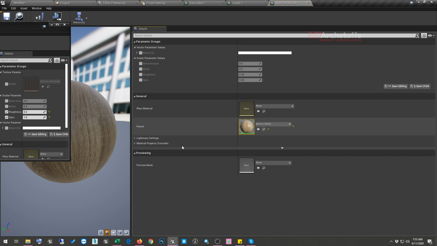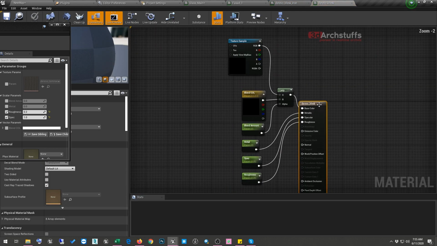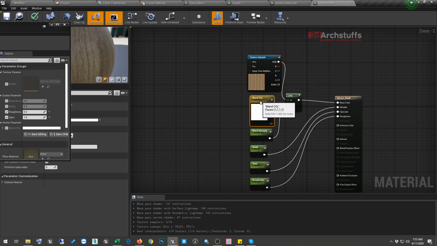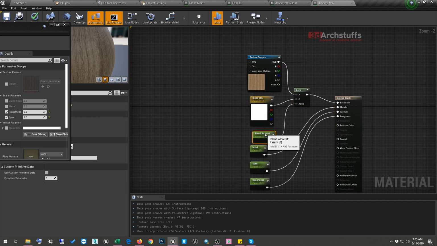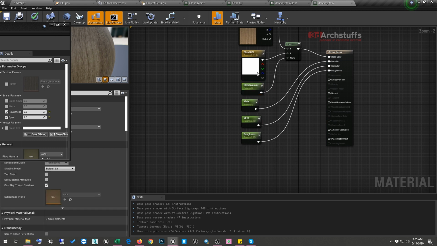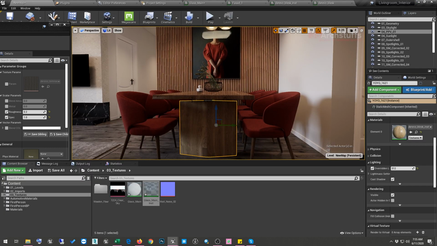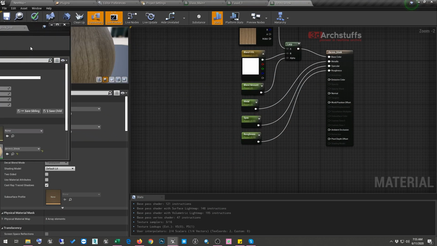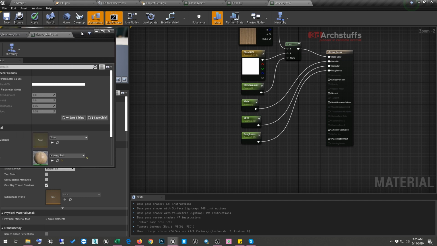So I will show you like this. This is the material setup. We have a texture, and then a color, and then Lerp, and then blend amount to blend between the texture and the color if needed. And there is a metallic value, a specular value, and a roughness value, and then we have made it an instance material and then applied it on the surface. And if needed, we can double click this instance material, and then tweak it according to our requirement.